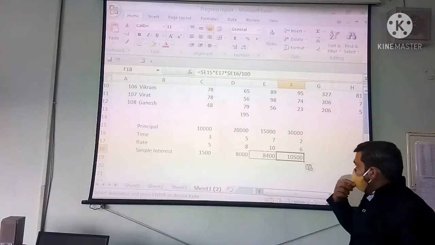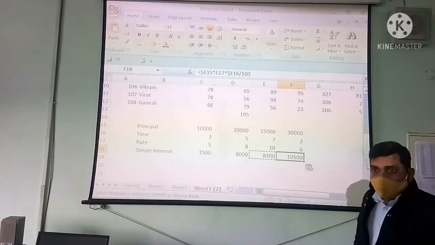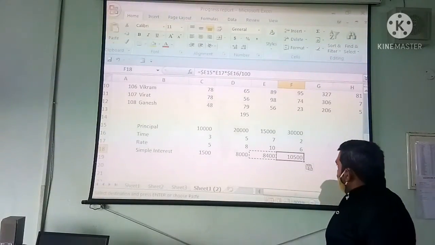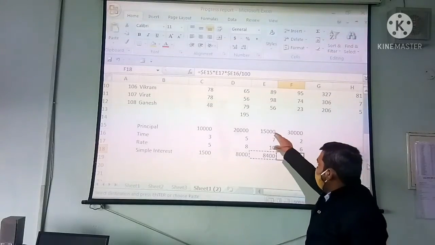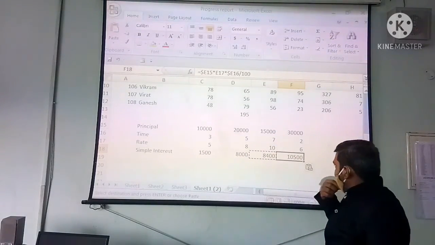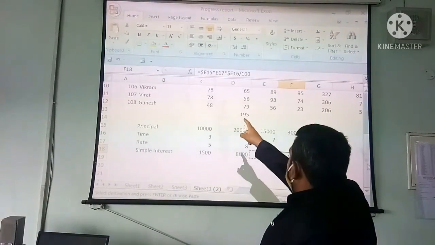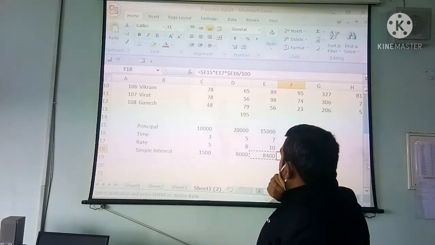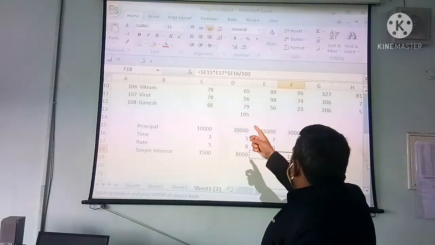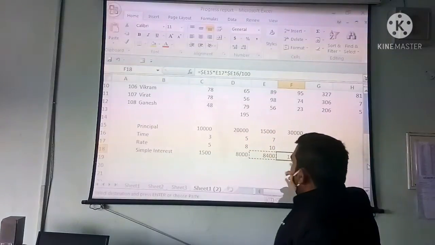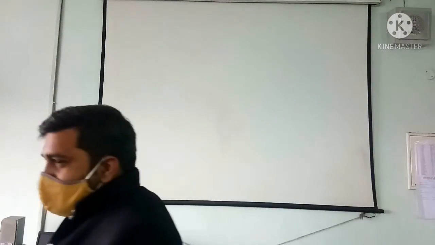10,500. So if you want to understand it better, what can we do? We can write the same value. What is the same principal? So here you will find the address is $E15, E17. In the E17, here is